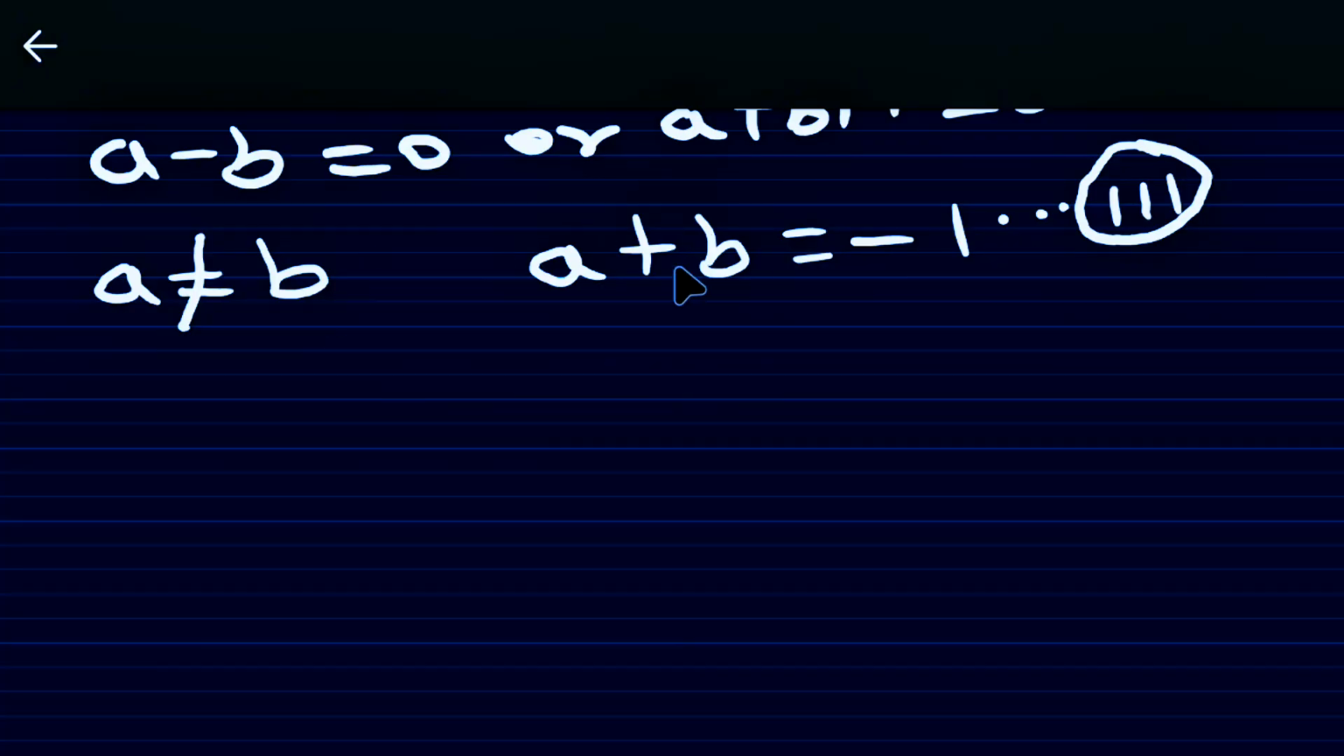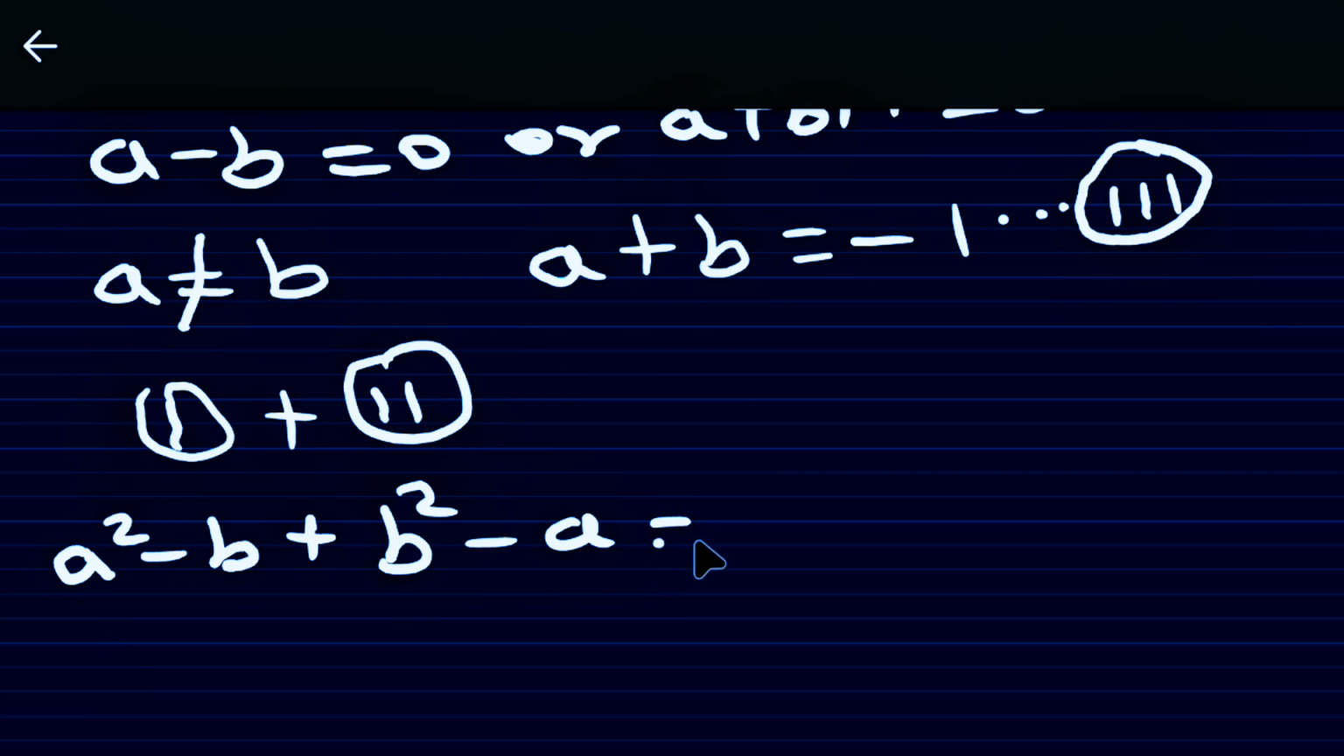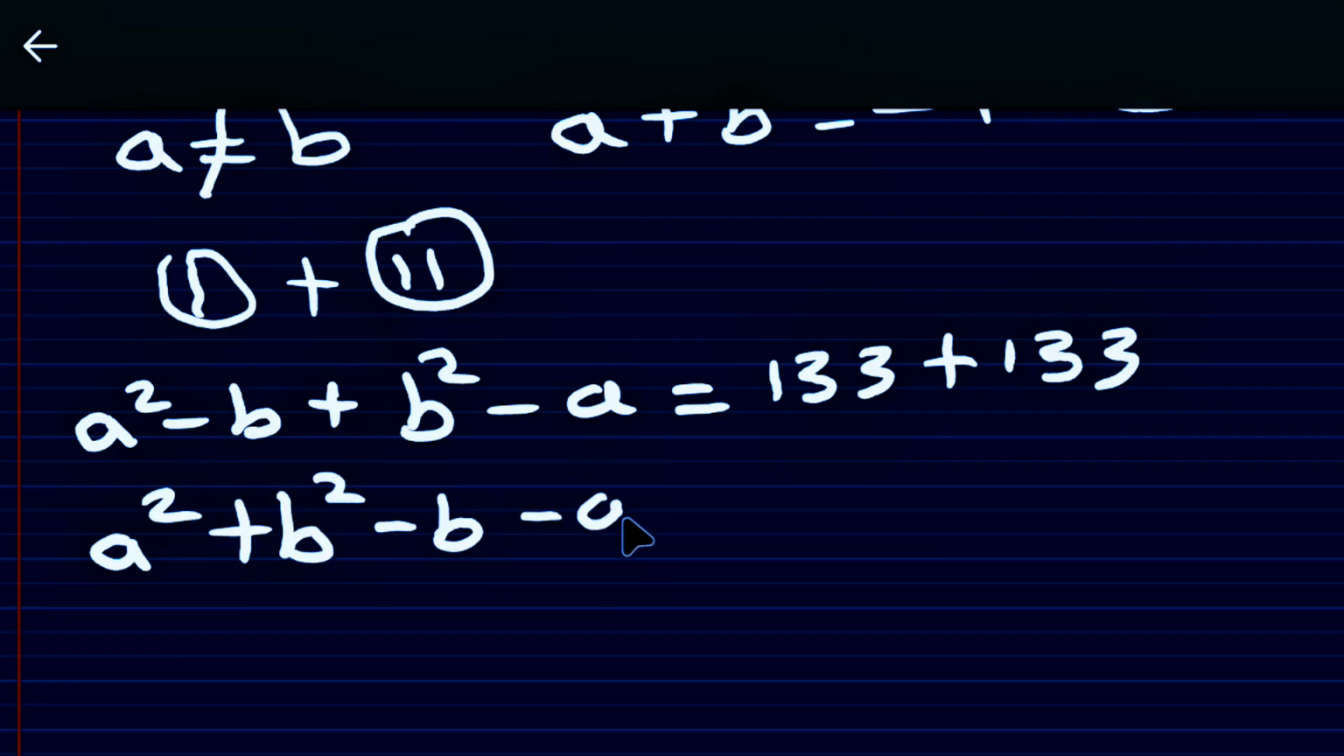Now we arrived here by subtracting equation 2 from equation 1. So when we have equation 1 plus equation 2, we are going to have a squared minus b, plus b squared minus a, and this will be equal to 133 plus 133. And this is what we have from here. So we are going to rewrite this. We have a squared plus b squared, then minus b minus a. This equals, we are going to add these two together, 133 plus 133 will give us